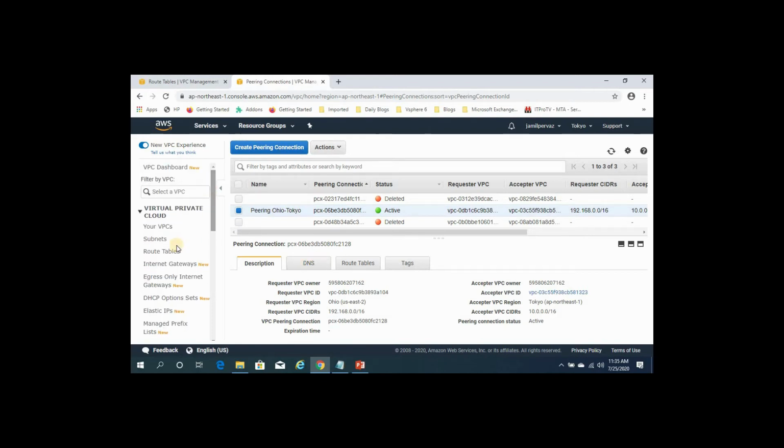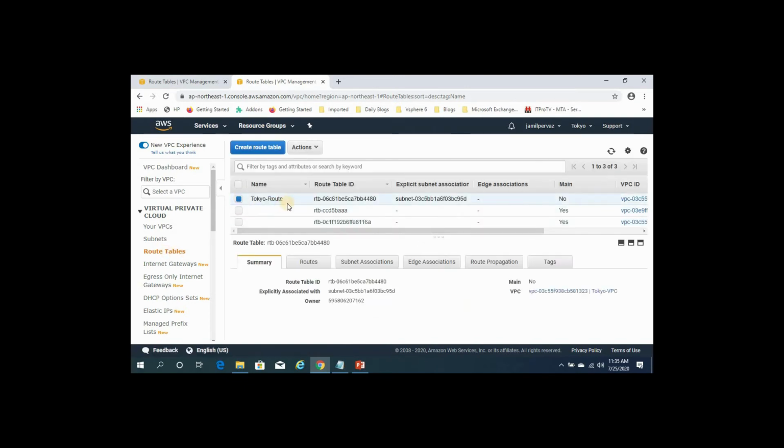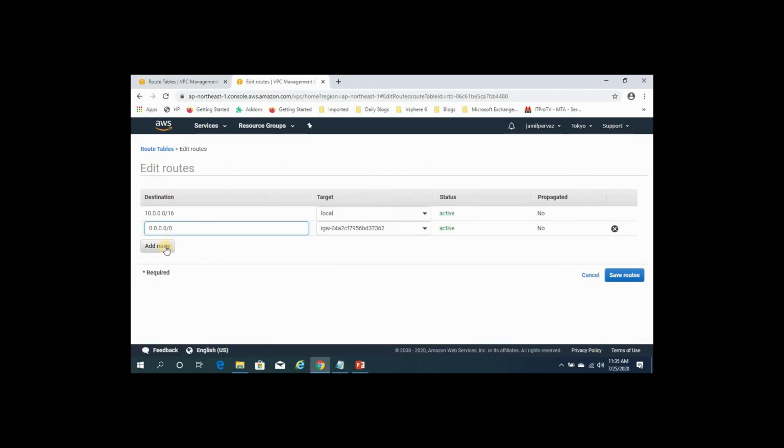So we need to add a route in the Tokyo region. Select route tables, select Tokyo route, select routes, select edit routes. So now we need to add the route of our Ohio region, because in the Ohio region we already added the Tokyo routes. So here in Tokyo we need to add the Ohio region routes.